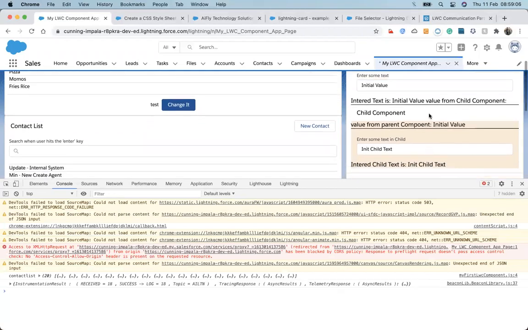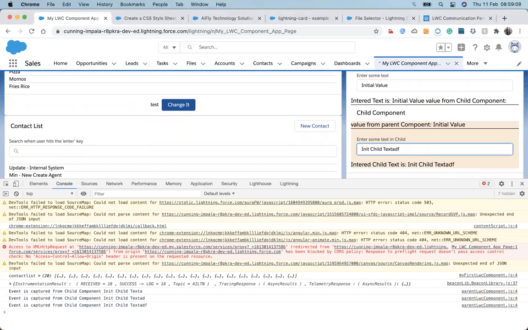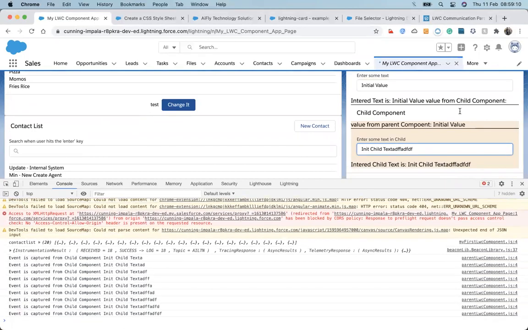It's not showing the value from the child component.